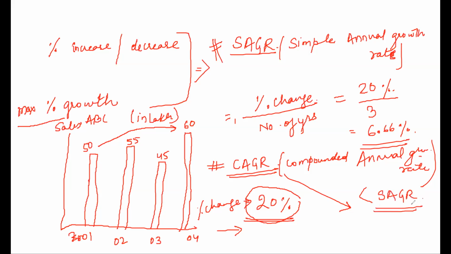There is no formal method to calculate this. We just use the hit and trial method to calculate the compound annual growth rate. So first thing is we calculate SAGR. SAGR comes out to be 6.6. So I know my answer for compounded annual growth rate is 6 point something. Now, if less than 6, there are 2-3 answer options. Say 5 is also there, 6 is also there. Then how do we choose? So that time we use something that is called as our